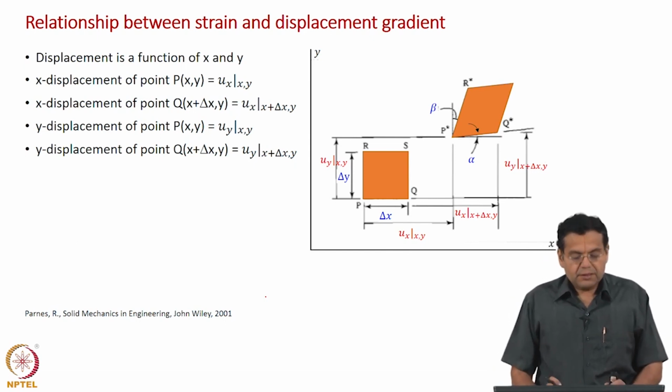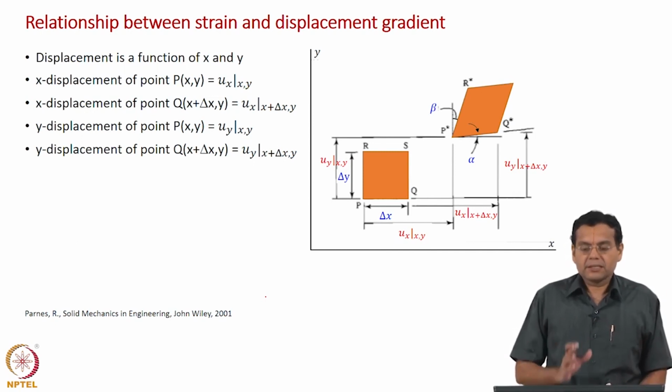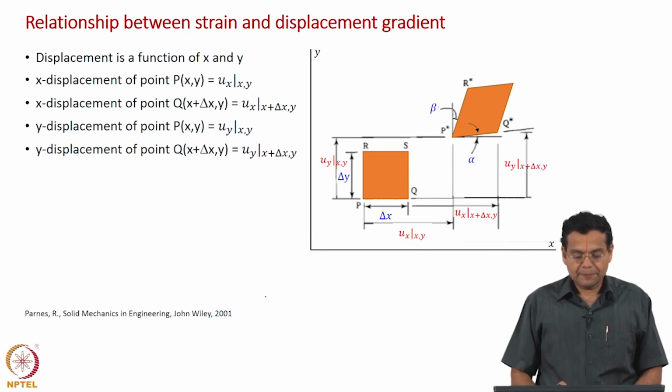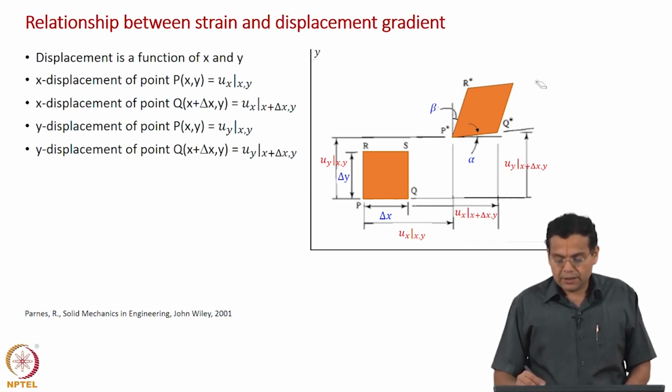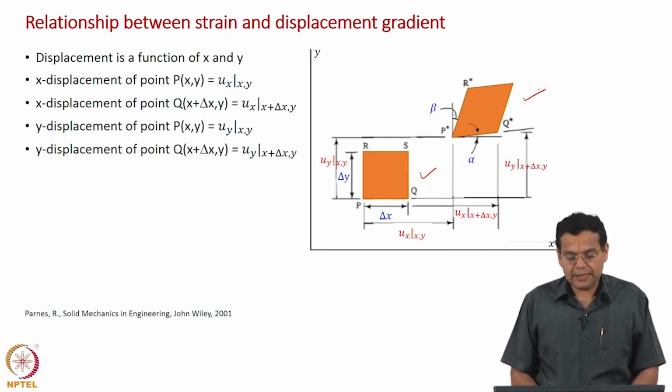Okay. Then what we did in solid mechanics was, having discussed strain and discussed displacement field, displacement gradient, we expressed strain in terms of displacement gradient, and we are going to repeat the same exercise here, but now find relationship between strain rate and then velocity gradient. Okay. This is the diagram which you have seen. This is the diagram which you have discussed to relate strain and then displacement gradient,